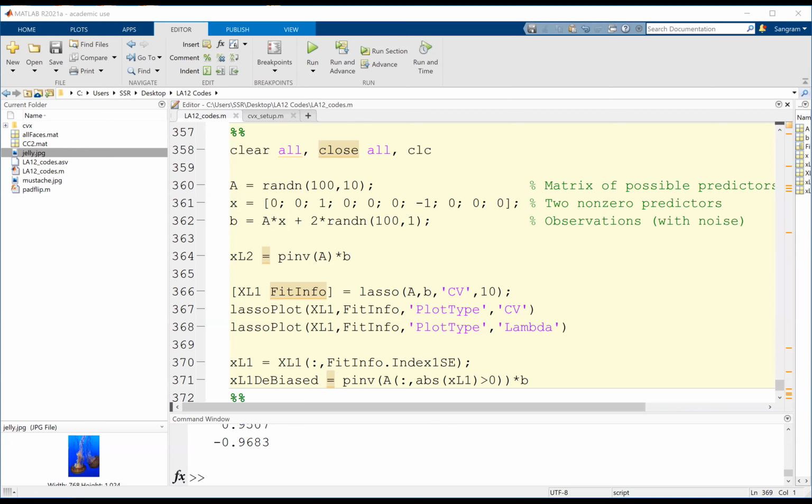LASSO is used a lot in signal processing and data science, because in data science problems we are solving the equation AX equals B. A is super noisy, B is noisy or sparse, and finding X when A is super large or super noisy is not easy. That's why you use some sort of solution, and the least square norm is not going to be the best norm. So we combine the least square norm and the taxicab norm and find the solution. That algorithm is called LASSO.